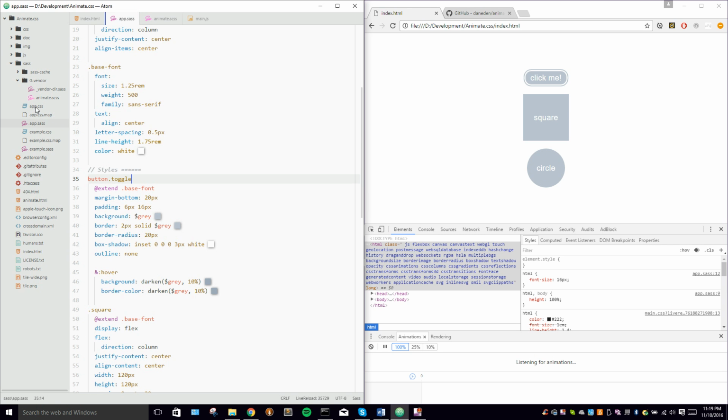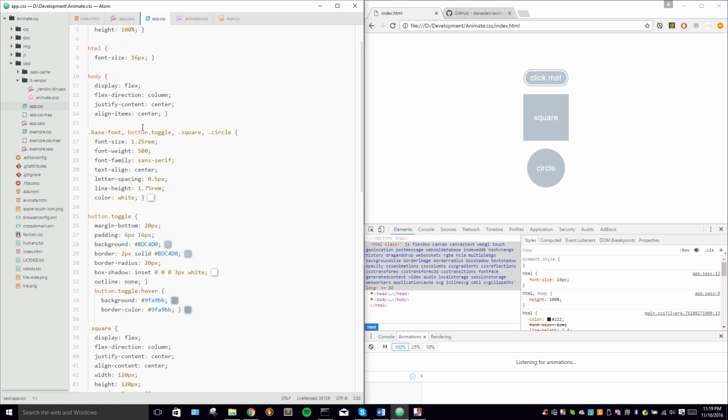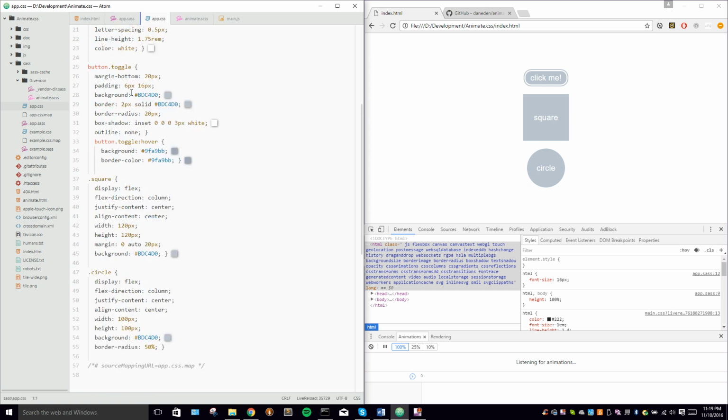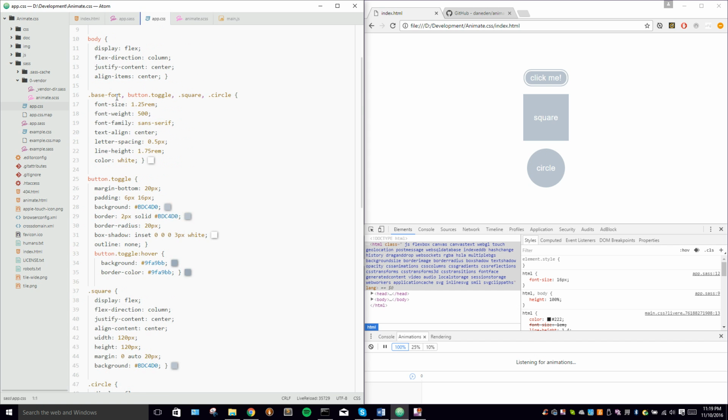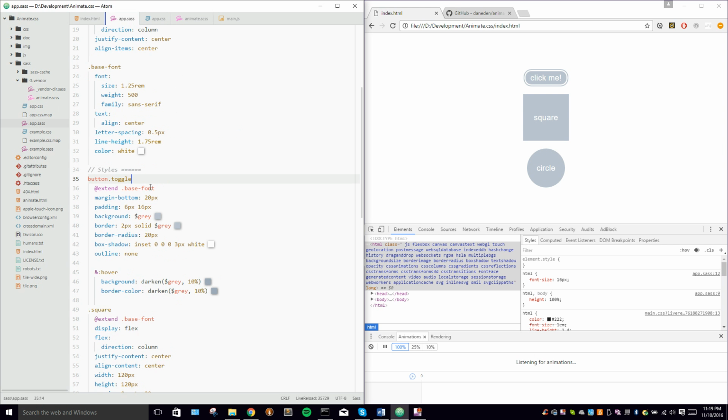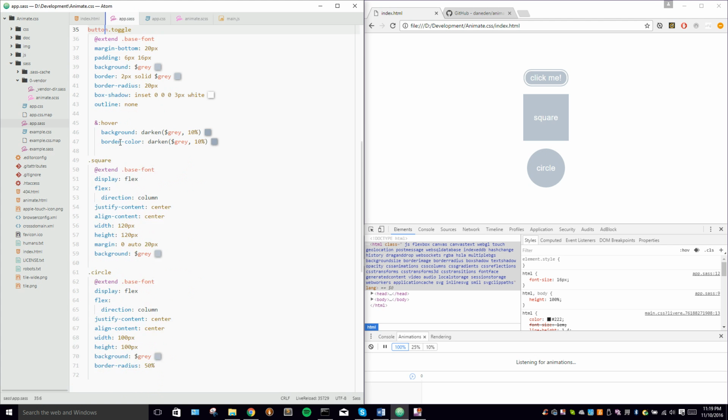If we look at app.css, you can see the way it's compiled is that it's applied common themes to all of these selectors. So it's got .font, base font, button.toggle, .square, .circle, but obviously the way we structure it in our code is within the selector there. So we apply that same methodology to